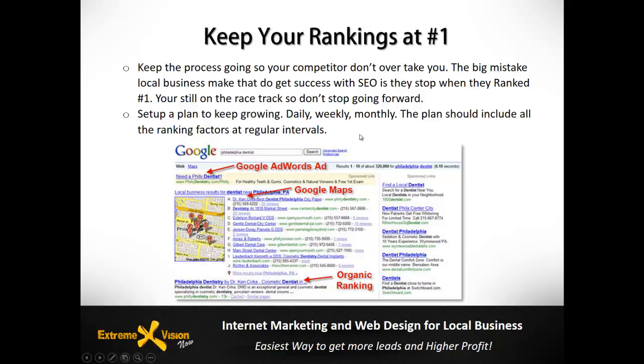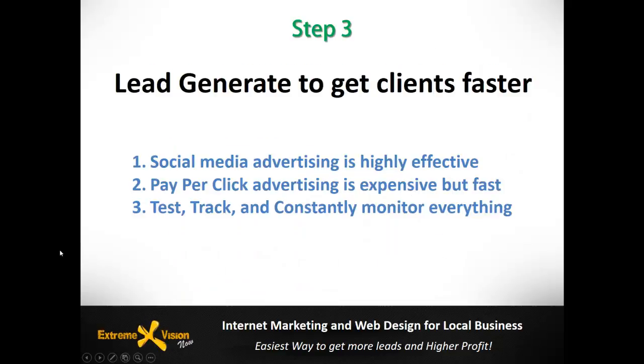Think of this like a race. You're not done with the race when you get to that #1 position. You're just in first place. And if you want to keep your first place in the race, then you need to keep on doing the things that got you there. So you need to have a plan that you're working on a daily basis, a weekly basis, and a monthly basis. And that's very important to maintain. This field is continuously getting more competitive, so there are more companies coming on and trying to get ranked for those number one positions because they see how valuable it is. So if you can get out ahead of your competitors, you want to stay there for as long as you possibly can. All right, so now here's step 3.